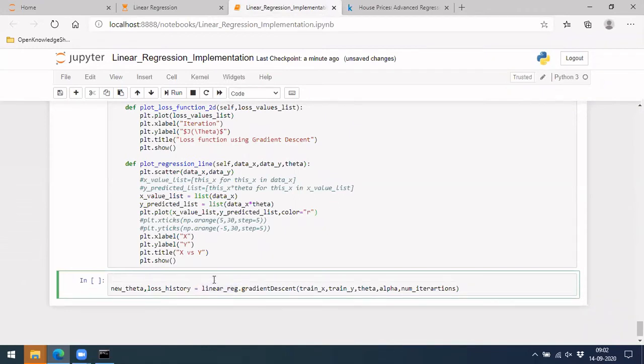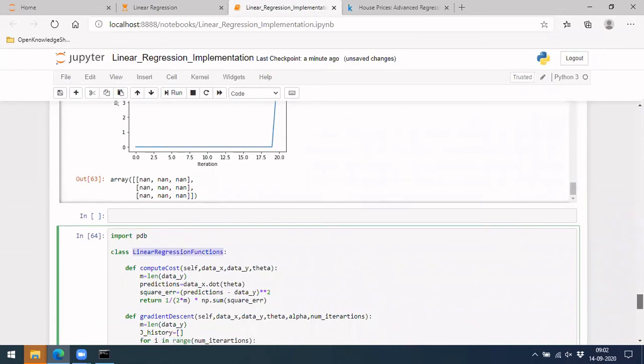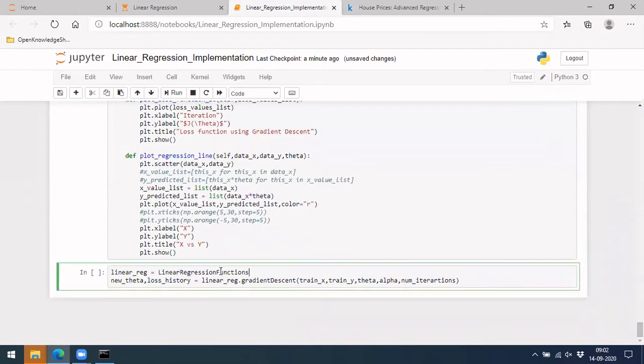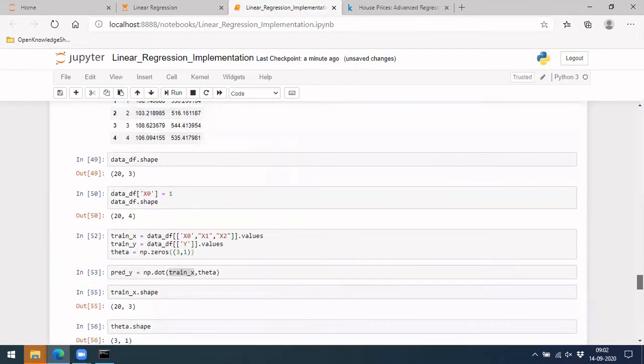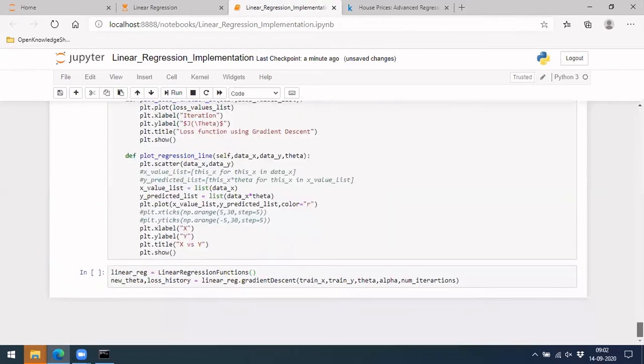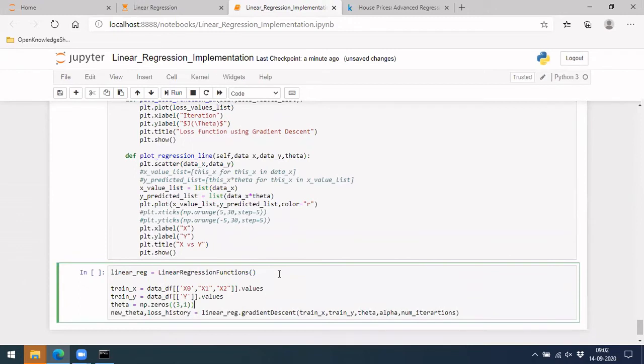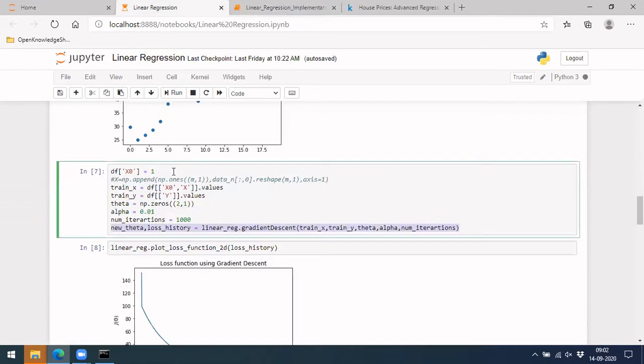I think we have taken this code before, but the linear regression functions, let's run it now. Theta naught and all those initializations I'll put here again so that nothing gets disturbed. Okay, let's run it. For the number of iterations, let me take it from here as well.